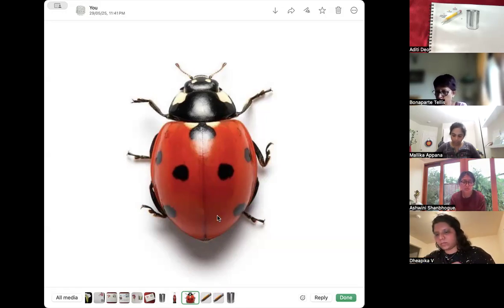Now, in our brains, we do not see this. We see only red and black. That is how our brains perceive this insect. But our eyes are capturing everything. They see that there's a slight gray to white area, which is the highlight, which tells us that this is going to be something really hard. And then as you go lower, if I were to take a color pick from the top and a color pick from the bottom, they're going to be two different shades altogether. But in our brains, we think of this only as red. So,